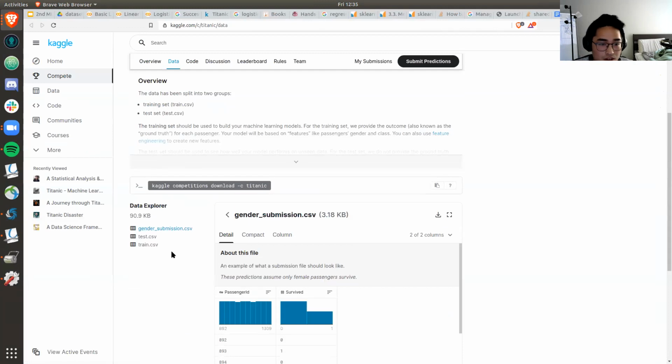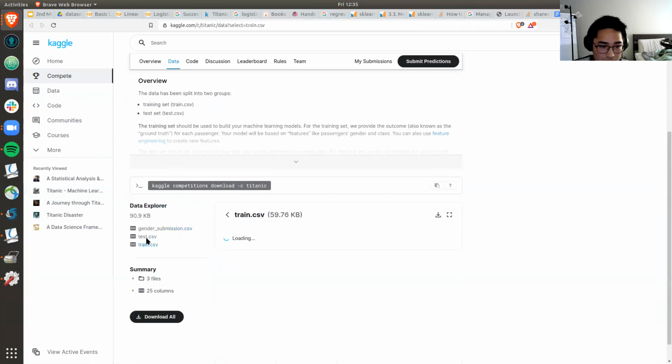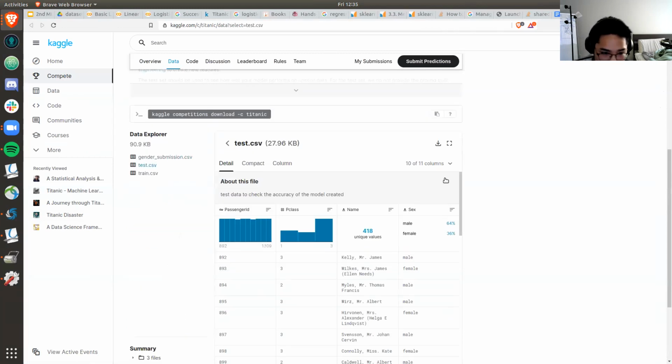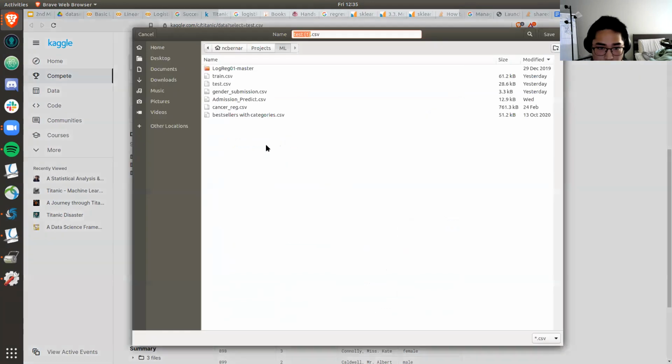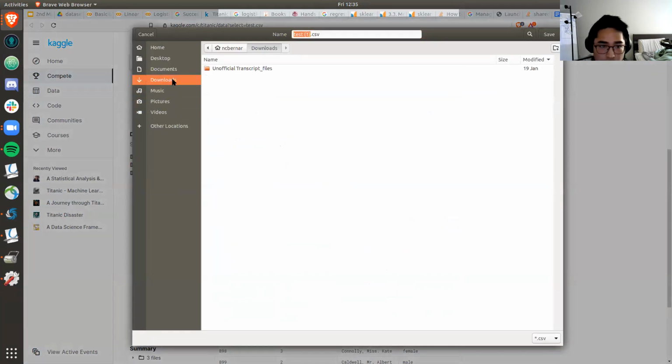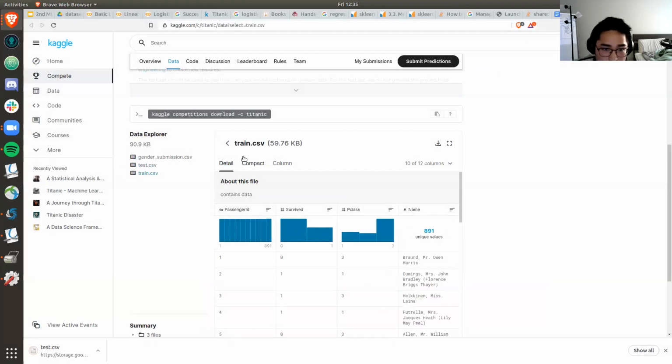For this one, there are only two data sets you need to download: the test and the train. I'll download this again to give you a reference on how it's supposed to work. Go to any file like downloads, and just download the data set into your local system.